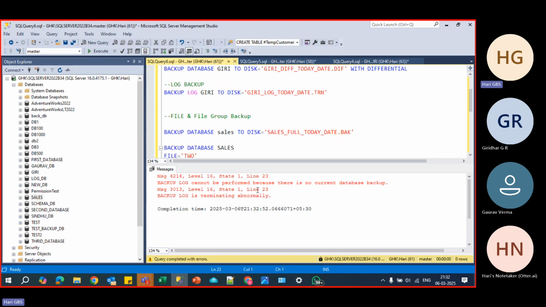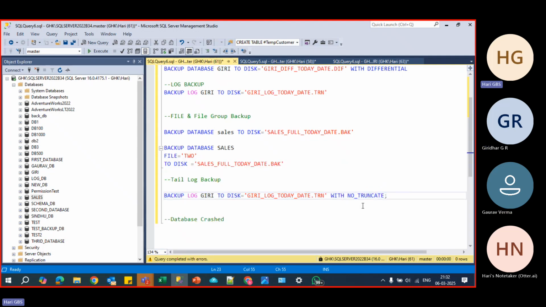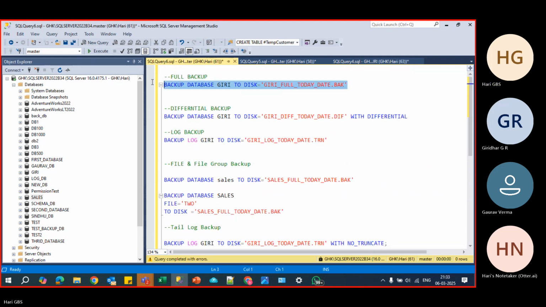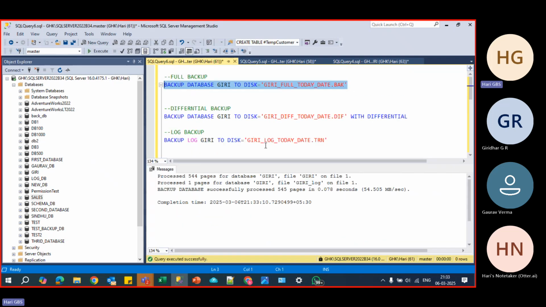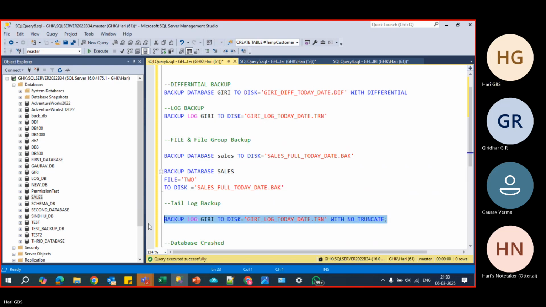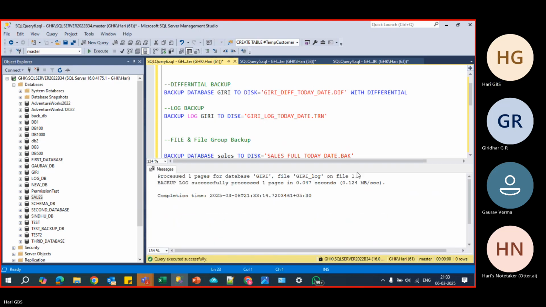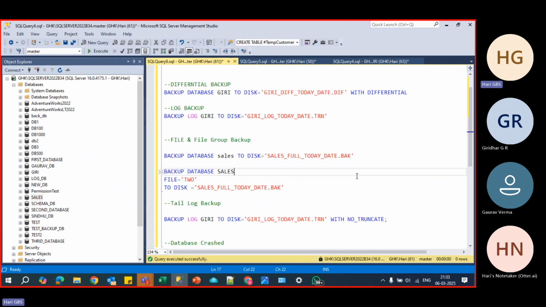Backup log can't be performed because there is no current database backup. So you should take a full backup first, then only you can take it. Let me take a full backup first. Done. Now let me go here. See, whatever you want to take, first a full backup must be taken. Without a full backup, differential backup won't work, log backup won't work, tail log backup won't work, and file group backup